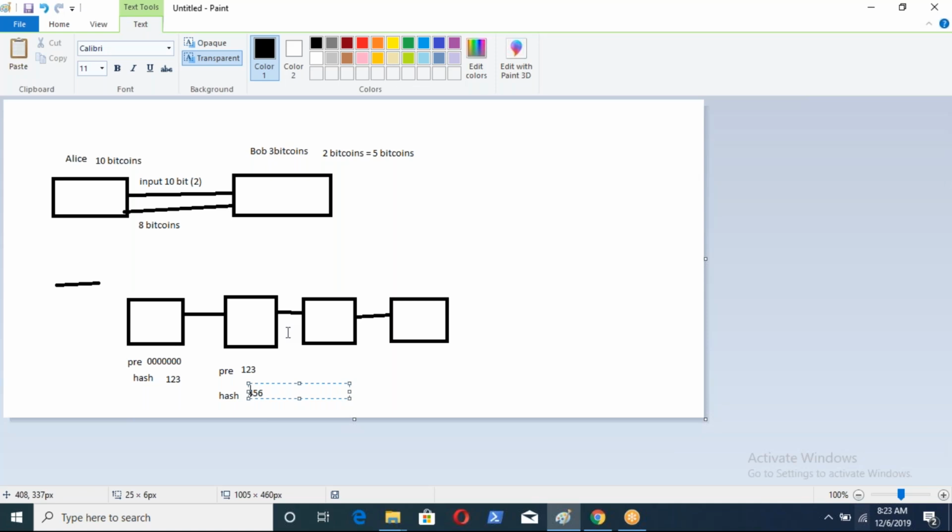If we have 100 nodes after the genesis block and try to change the second block, the whole remaining chain will be affected. That is the reason immutability makes it more secure. We can trust it by seeing this mechanism. If anything changes, it is reflected, and the network immediately knows that something went wrong.